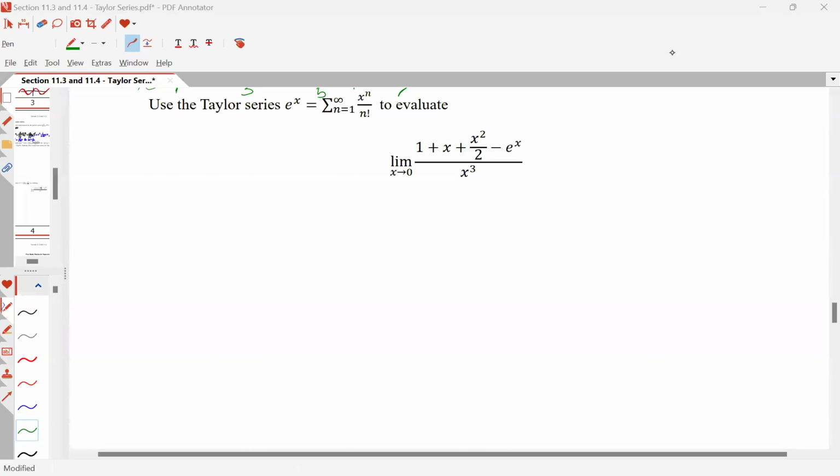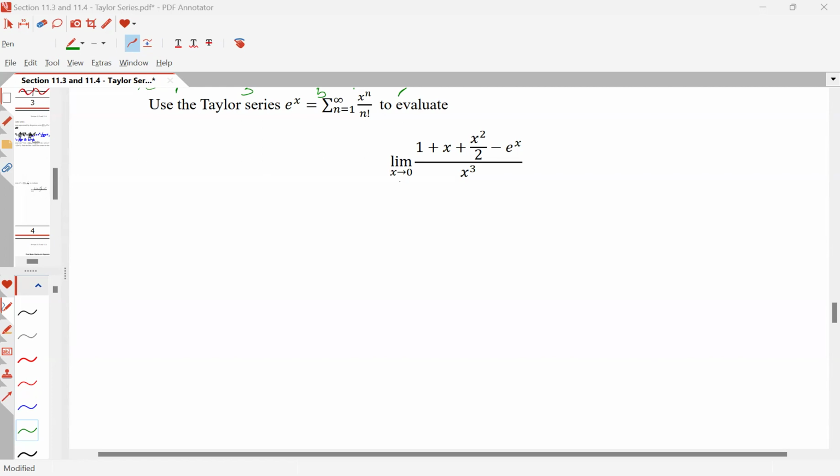In this video, we are going to look at not only can we find Taylor series for functions by composition and multiplication like we have, but once we have these Taylor series, they actually become really nice to work with because they're polynomials instead. So as an example, if we want to find the limit as x goes to 0 of (1 + x squared over 2 - e to the x) all over x cubed,